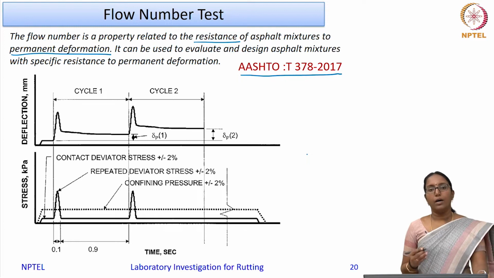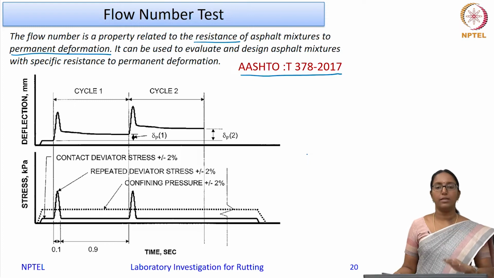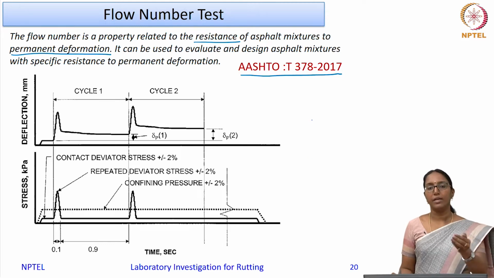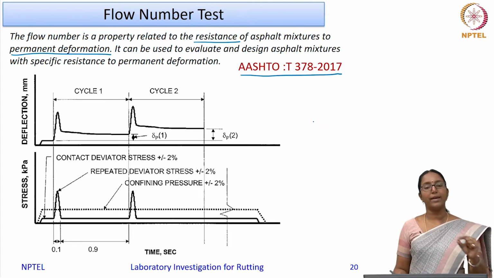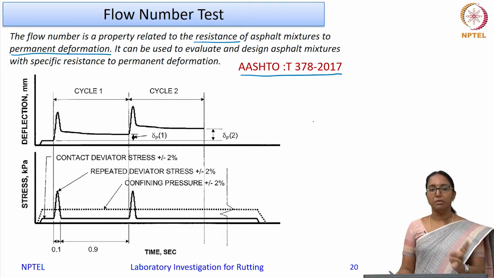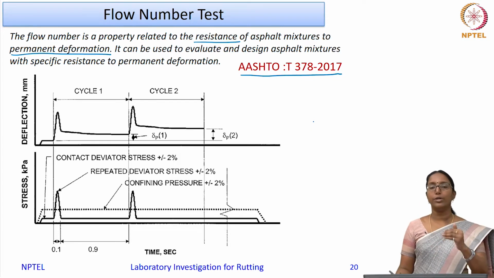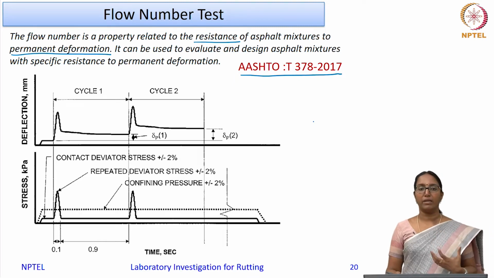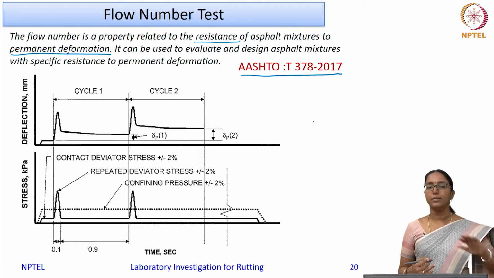Now, what we have seen in the flow time test is that you are applying a constant load on the material. It is a constant creep load. But what we observe in the field is that there is always a certain recovery given between the loadings. Even if you consider one truck that is moving, there will be one axle load, then a certain recovery period, and only then the next axle load comes. Likewise, if you have multiple vehicles moving, there is always a recovery time between the loadings. During this recovery time, there is a chance of the material to recover, because you have a viscoelastic material. This aspect is not considered in the flow time test, where a static load is applied.